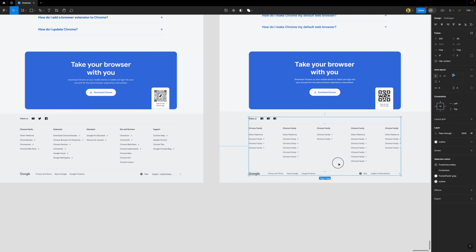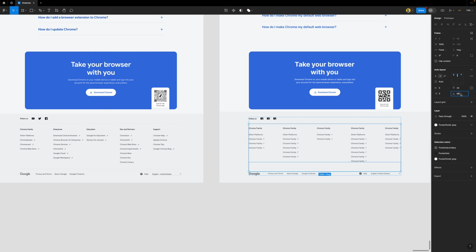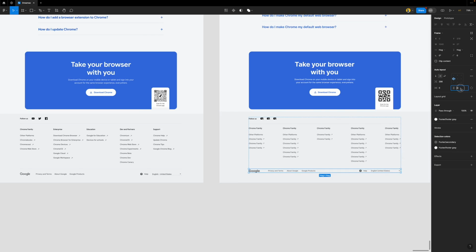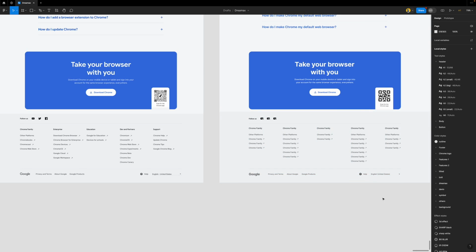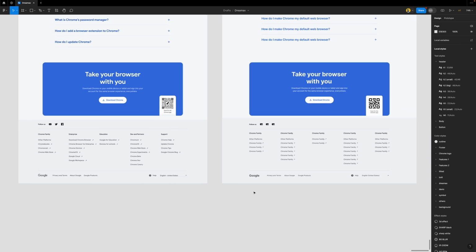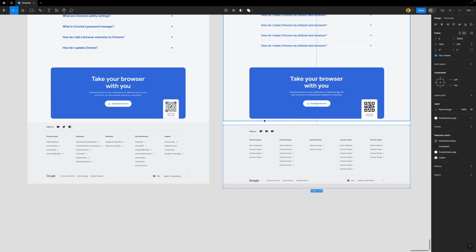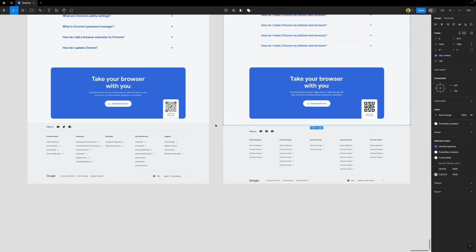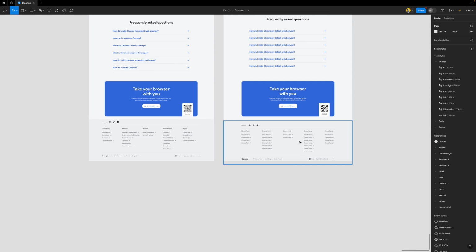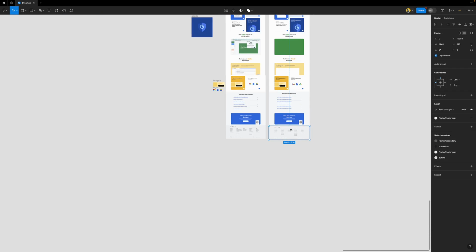All right. This second one, reduce it as well to something like 48. This one is going to have its own line height as well. We're going to do the same thing, 24. So all of them will be 24, 24, 24. All right. And that is that. We're going to send this one downwards a bit. Select this, extend it a bit this way, and